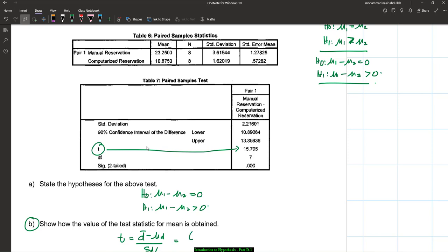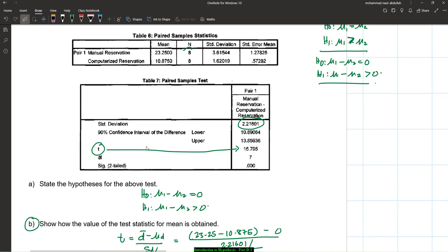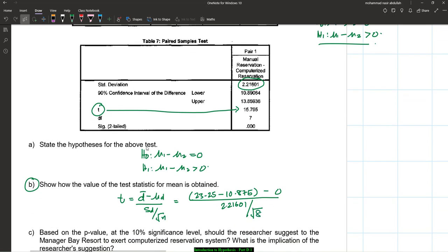So mu d is the mean difference, which is 23.25 minus 10.875 minus 0, divided by the standard deviation of the difference. So the standard deviation of the difference is 2.21601 divided by square root of n. We have n equal to 8, so divide by square root of 8. So this one should be,